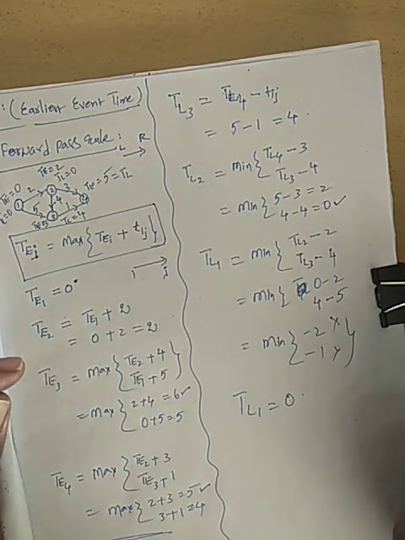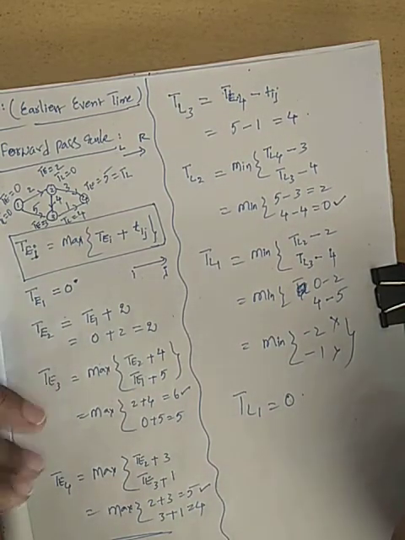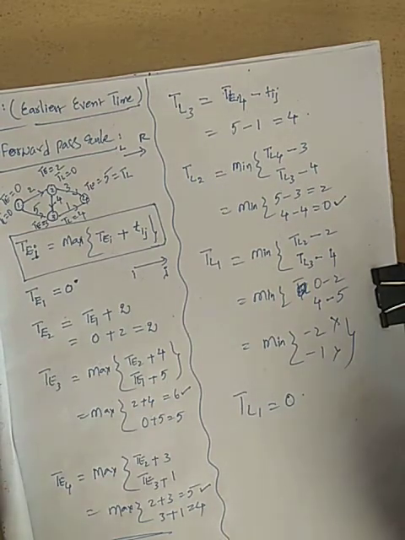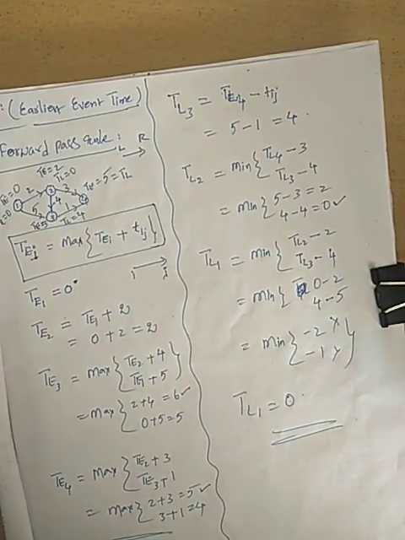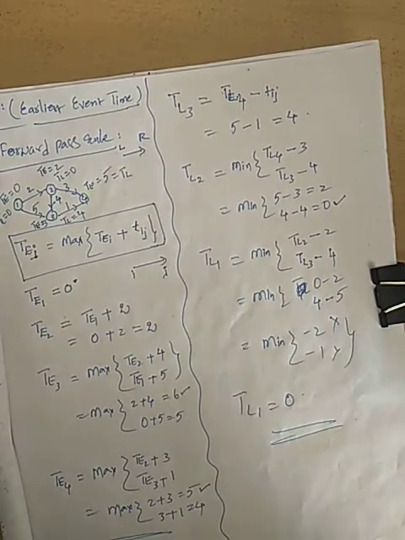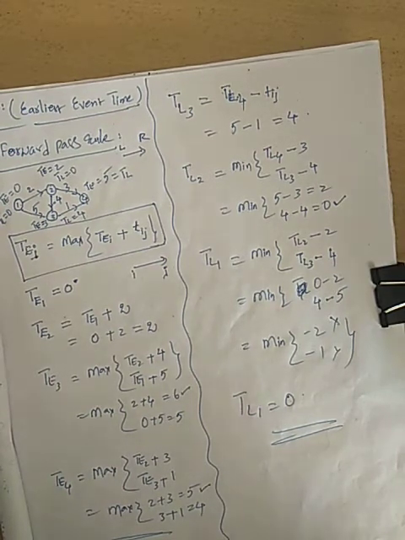Okay. So what do you call this? This is called the backward passing rule. Forward passing rule, backward passing rule. So today's calculation is very, very important. Now I have equipped you with all operations as far as the PERT CPM technique is concerned. The same operations you are going to perform. In the next class I am going to do a CPM problem. Very, very simple problems. But again, patience is required and careful observation is required.